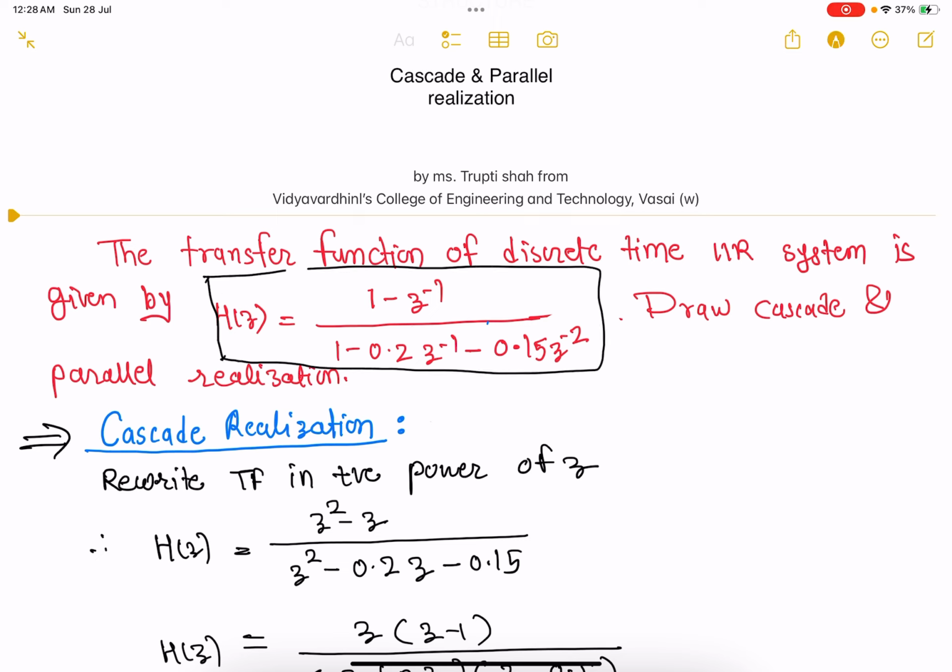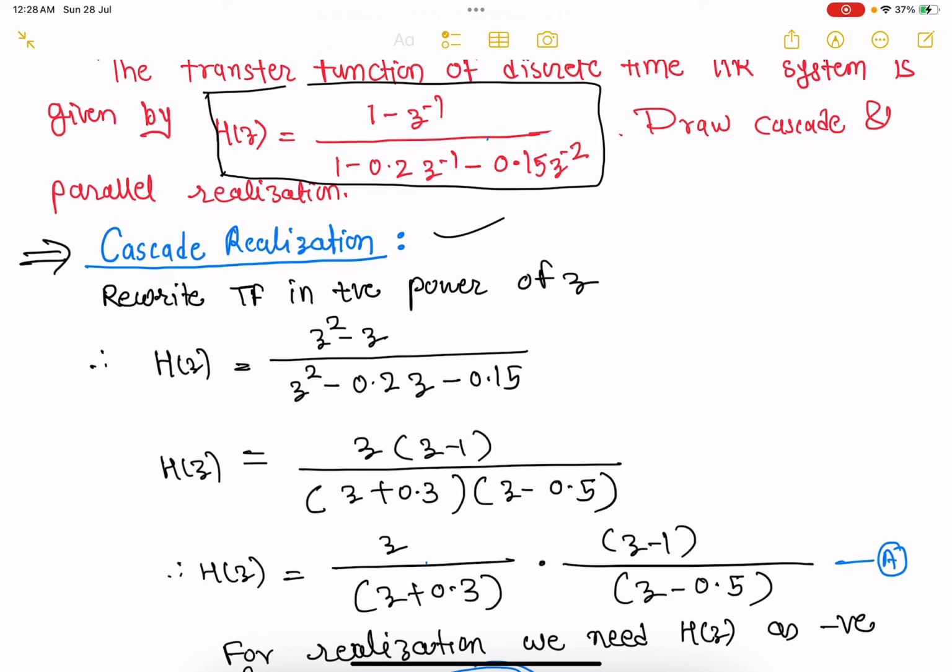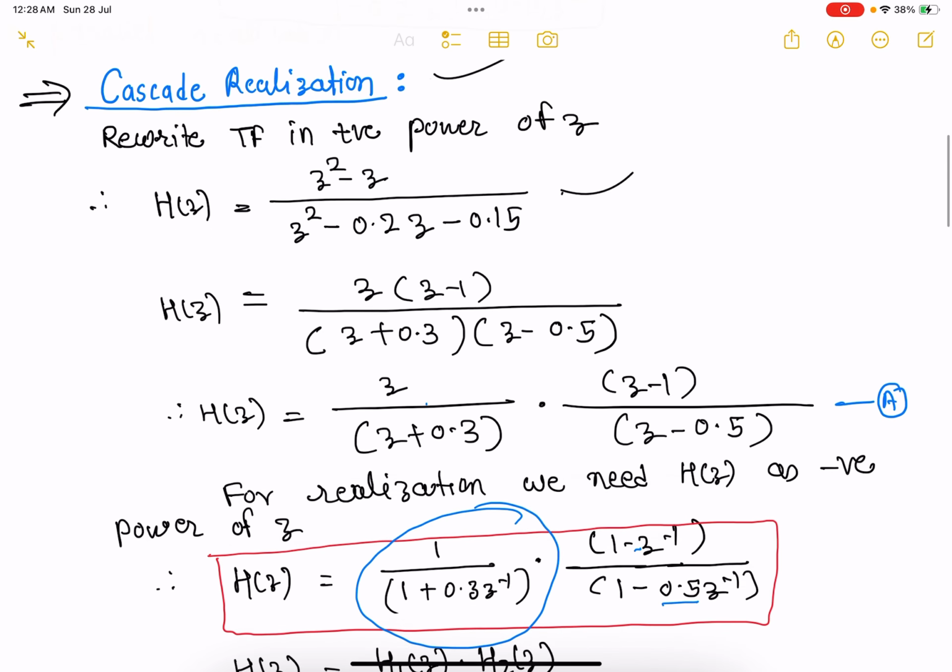Remember one thing, whether you solve it for cascade or parallel realization, we have to factorize the denominator. So for factorization, the negative power of the transfer function should be converted into positive power. So the very first thing is to convert the transfer function into positive power. This is the equation for positive power of the transfer function. Then find out the roots of the denominator. It will be plus 0.3 and minus 0.5,